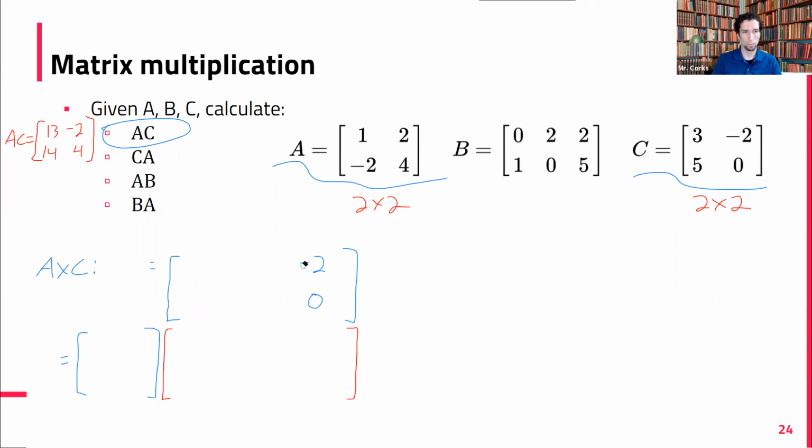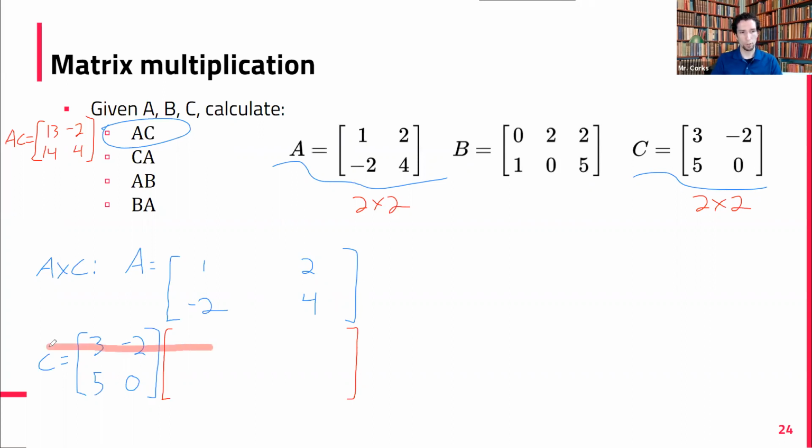The same results will be the same. Okay, so we're guessing that it's going to be the same. Let's see what happens. 3, -2, 5, 0, 1, 2, -2, 4. We'll do this a little quicker. I won't write the this times this. We'll just do this plus this plus this for the positions here.